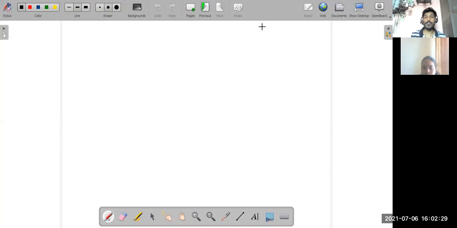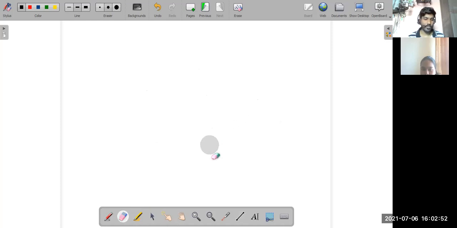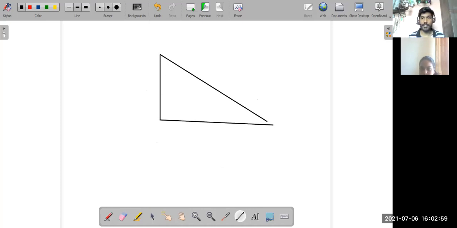So I'll tell you. First thing, you have drawn the diagram incorrectly. You have drawn the triangle like this. First of all, it has to be a right angle triangle. Maybe you saw the diagram that was done in the PPT also, it was like that. But one thing is this had to be perpendicular. So firstly, you correct the diagram. Make it a right angle triangle. No, it's not a right angle triangle.